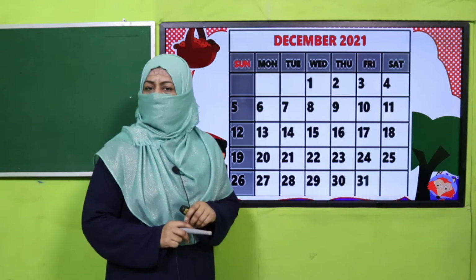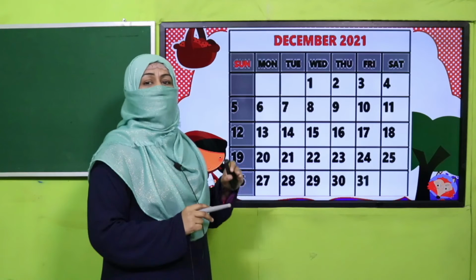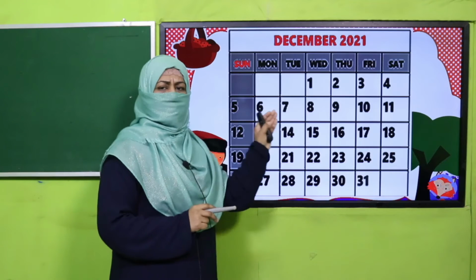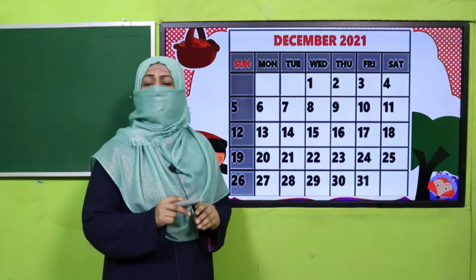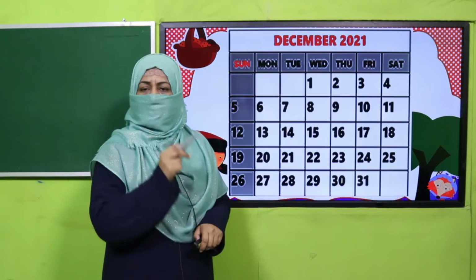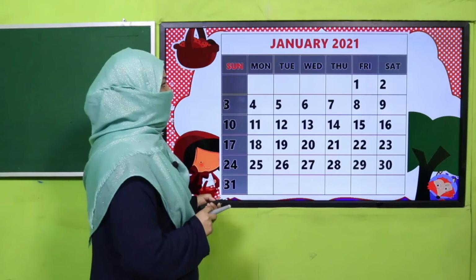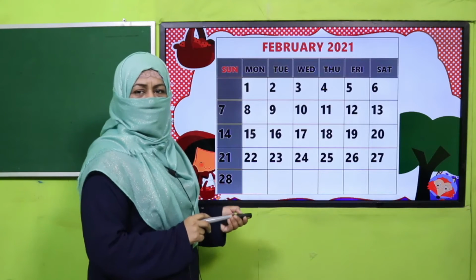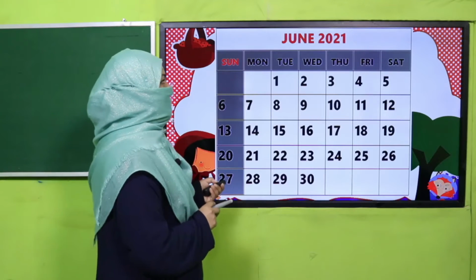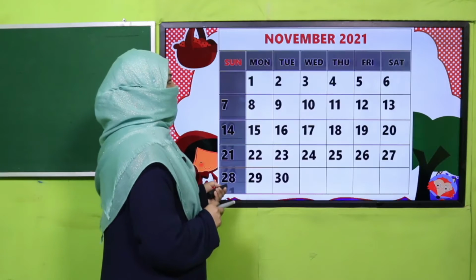So here, my dear fellow teachers, I just want to tell you, I'm applying sight reading strategies for names and days. We need not ask students to spell all together. By showing and telling them, they will find it. So I'm going to repeat it. So students, are you with me? The first month is January, then February, then March, then April, then May, then June, July, August, September, October, November,